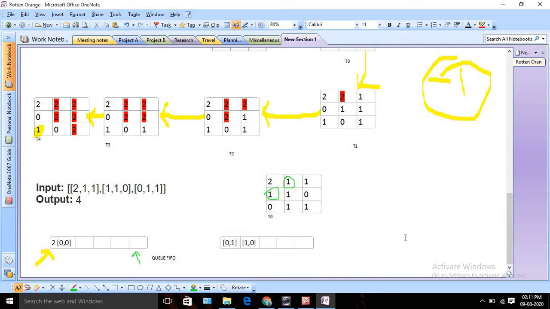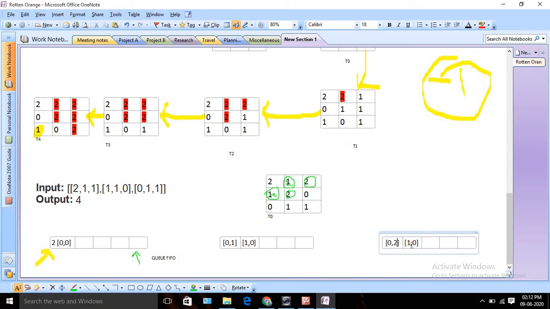So how will it look? Again I can see, okay, and I will mark this as 2, so it will become 2. Again this one has this one adjacent, so it will be rotten, and this one is also adjacent, so it will also be rotten. So obviously it will become 2, and this will also become 2 when our timestamp is 2. So now it will be 0 2.